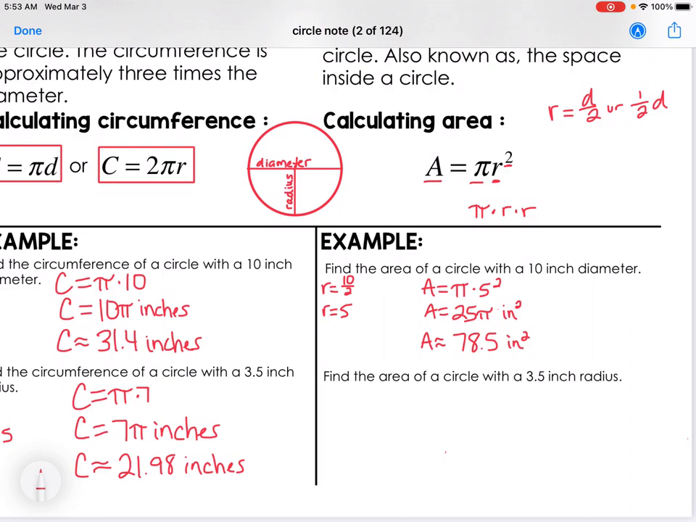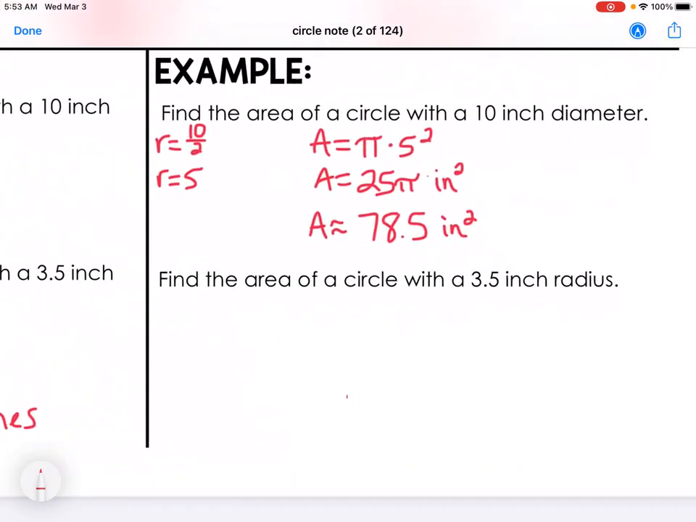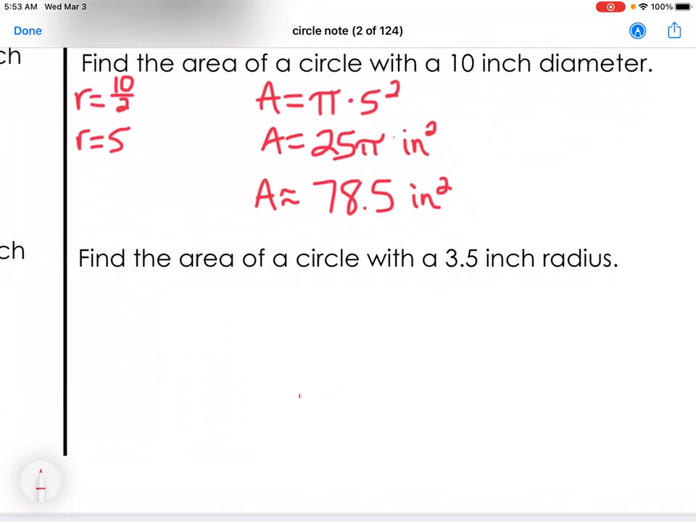Find the area of a circle with a 3.5 inch radius. So again, area is pi times the radius squared. So 3.5 squared. This time I don't need to figure out a radius or diameter because it gives me the radius. So I can just plug it in and go. So 3.5 squared